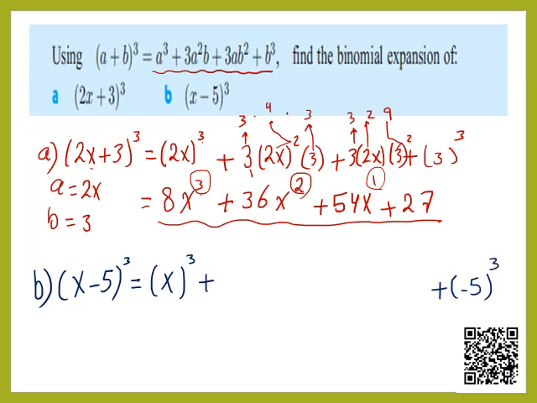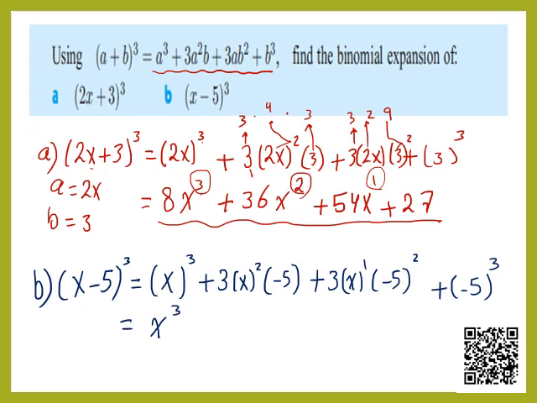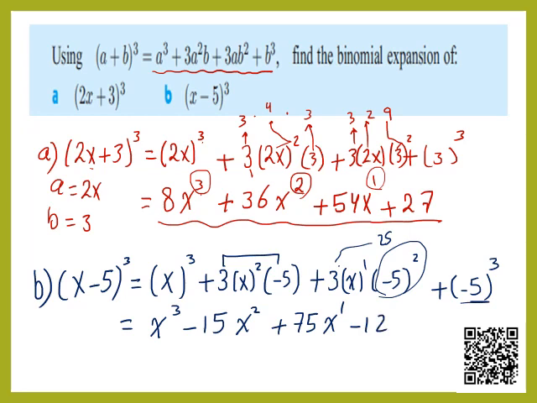Simplifying, it gives me x cubed, negative 5 multiplied by 3 is negative 15x squared, and then negative 5 squared is 25, multiplied by 3 is 75x, and negative 5 to the power of 3 is negative 125. So it's very important to understand how we can expand a binomial to the power of 3